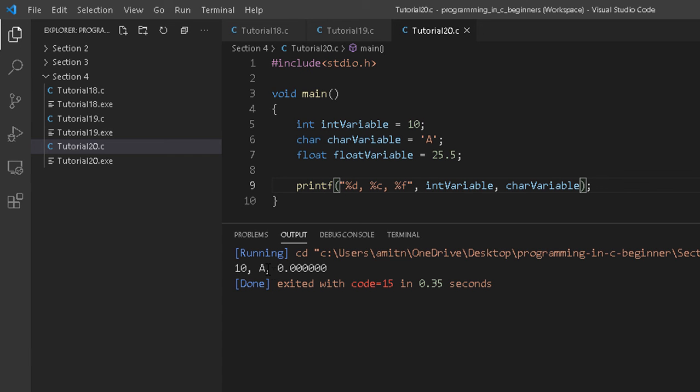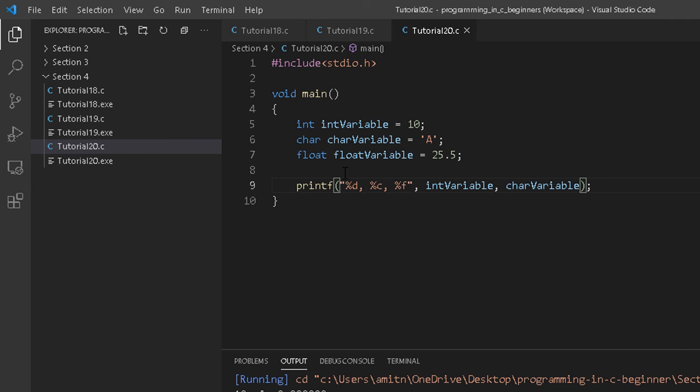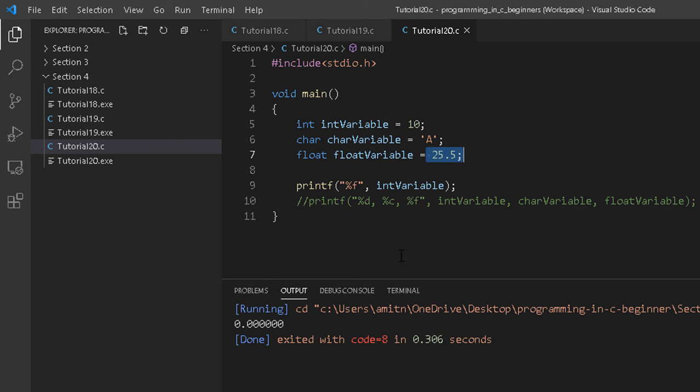The first two outputs are correct, but the last one is printed as 0.0000. So in case only a few of the format specifiers and variables are matching, and the last few are missing or not matching, it will give the output up to the correct matching format specifier and variable name.